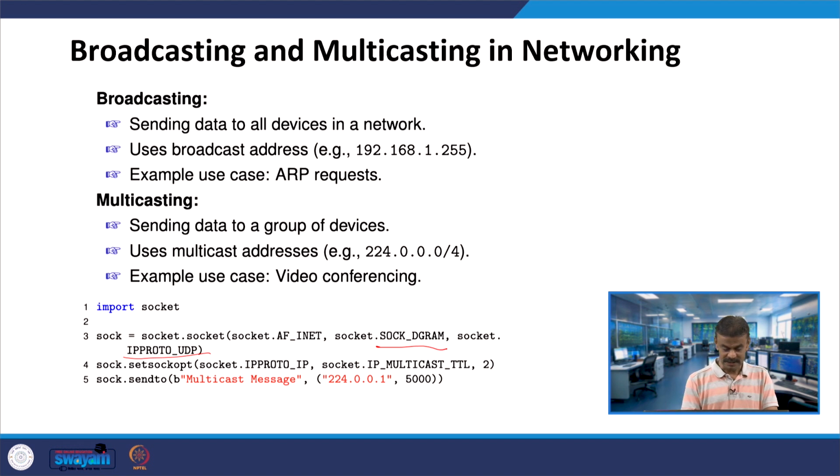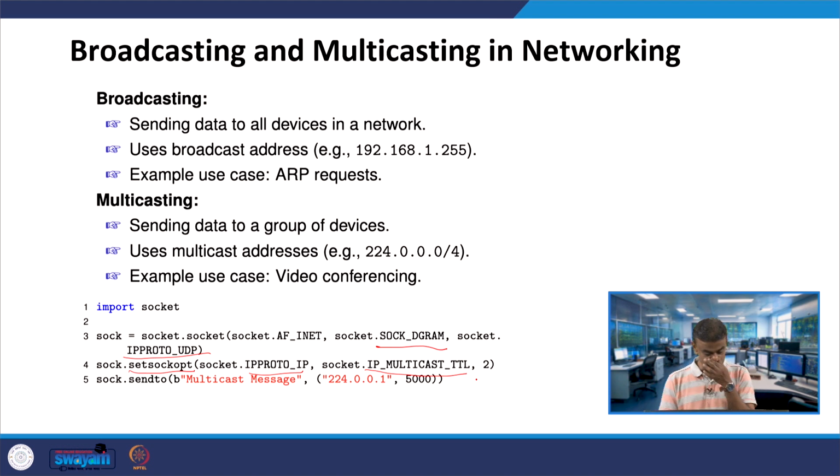The next line invokes setsockopt, with socket.IPPROTO_IP and socket.IP_MULTICAST_TTL, and then 2.